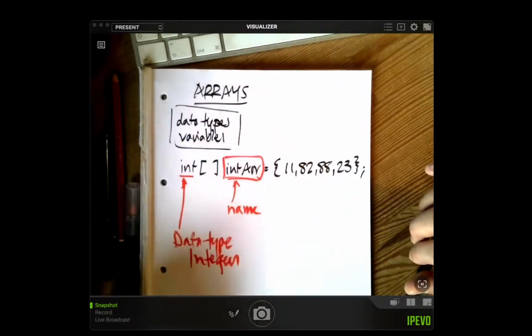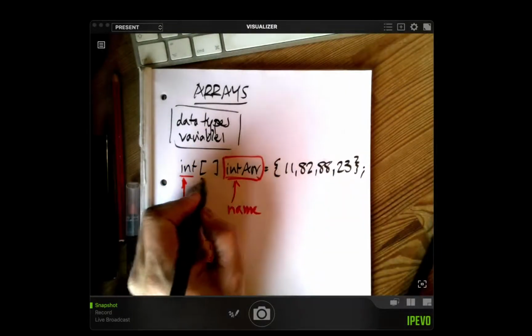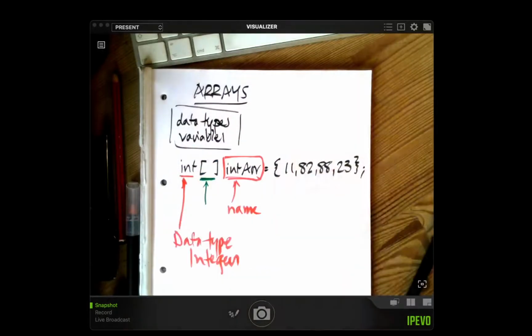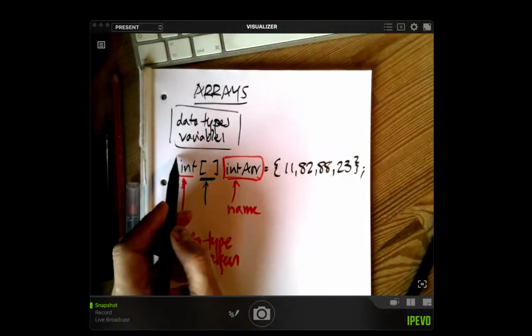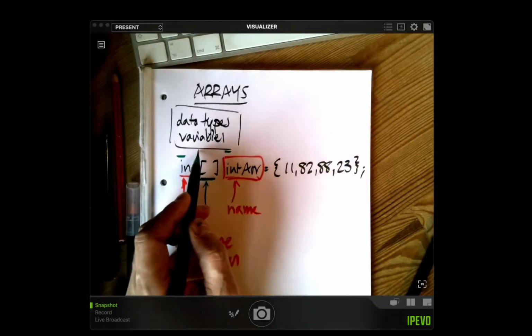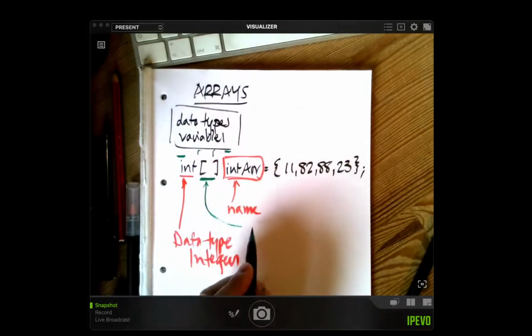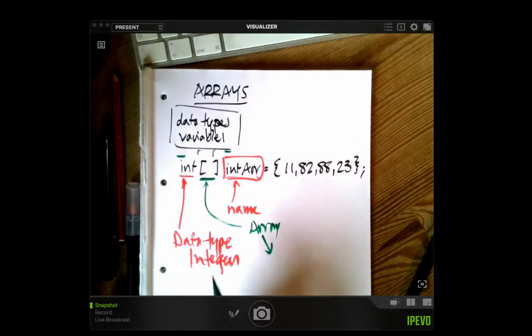Let's have a different color. This bit, notice there's a square bracket, an empty square bracket after the data type and before the name. This little space here indicates we are dealing with an array. And we'll explain, the concept of an array allows you to hold multiple values